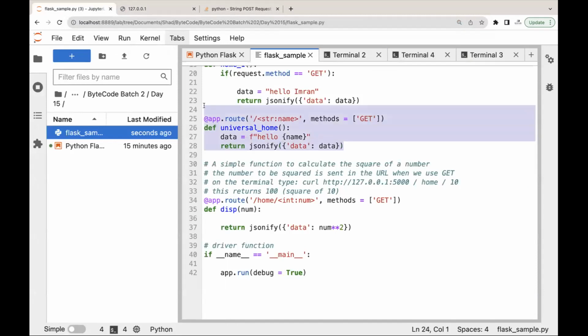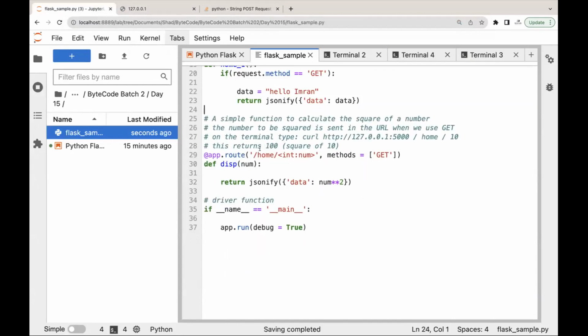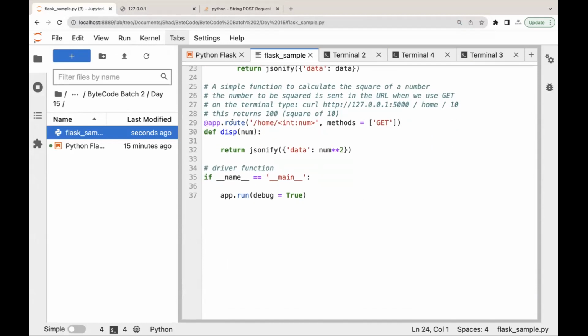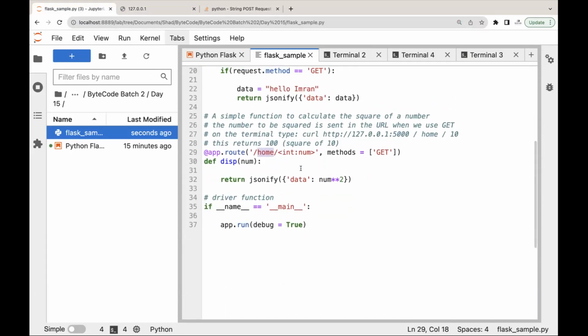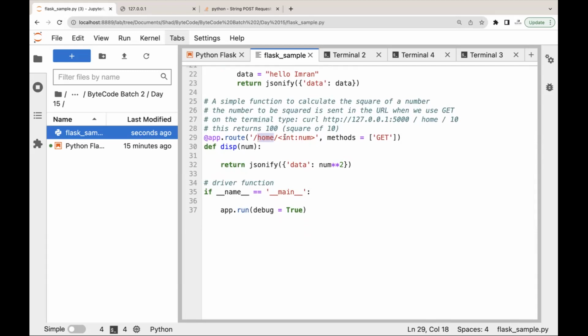Okay, you guys can do one thing. I will explain this as well. Suppose you have created one more route, let's say slash home, and after slash home, whatever integer you put here will be squared, like exponential, and it will return the data as something like this. So for example,